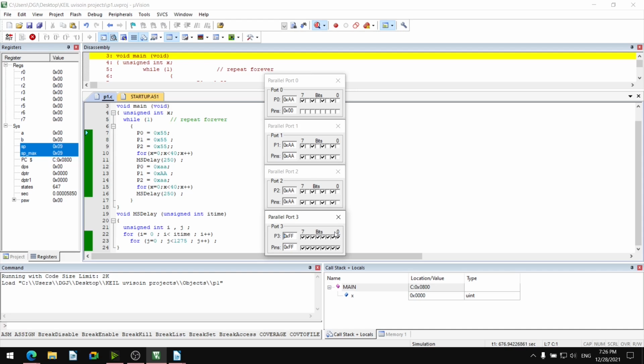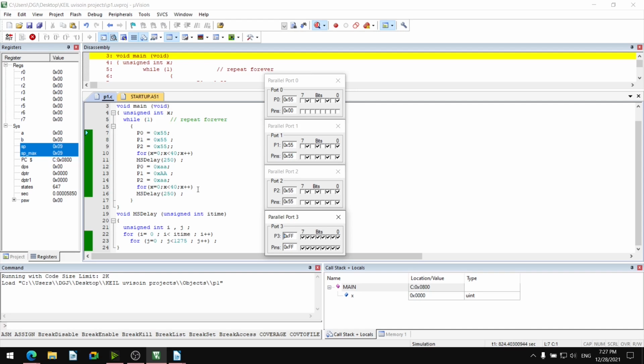This is the variable which is passed. And in place of i time, what we are passing in main is 250. Two times ms delay is used. Every time 250 is passed. So the loop for the i counter runs 250 times and the loop for the j counter runs 1275 times.